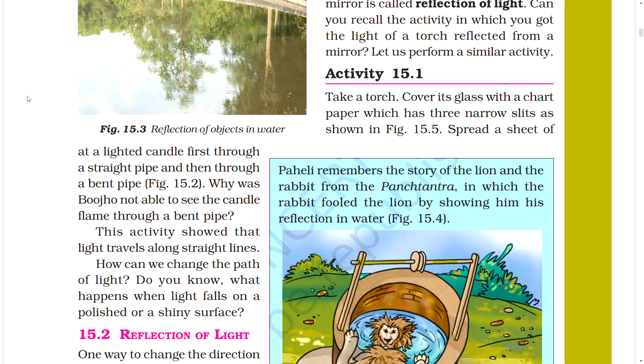Activity 15.1. Do this. Take a torch, cover its glass with a chart paper which has 3 narrow slits as shown in figure. Spread a sheet of